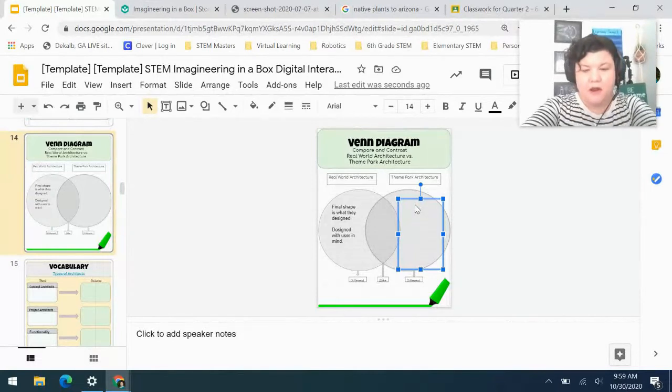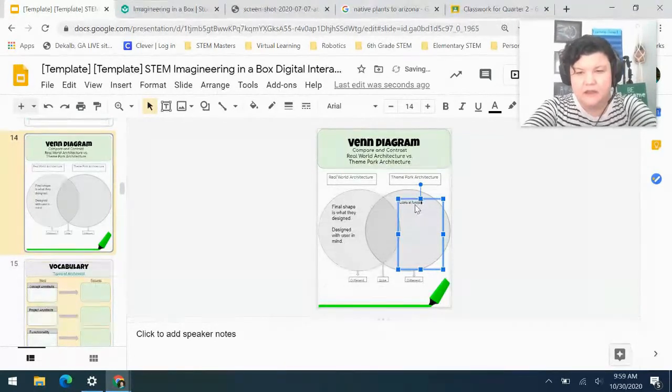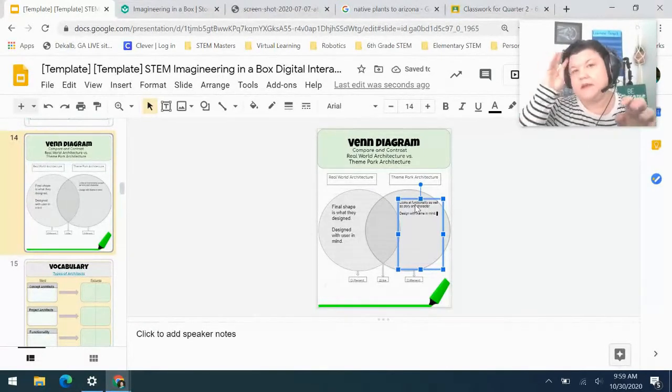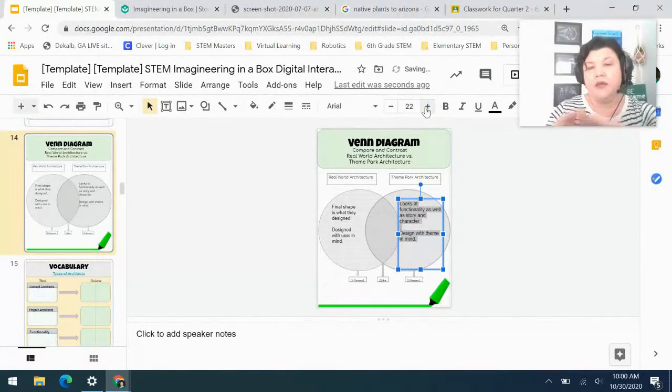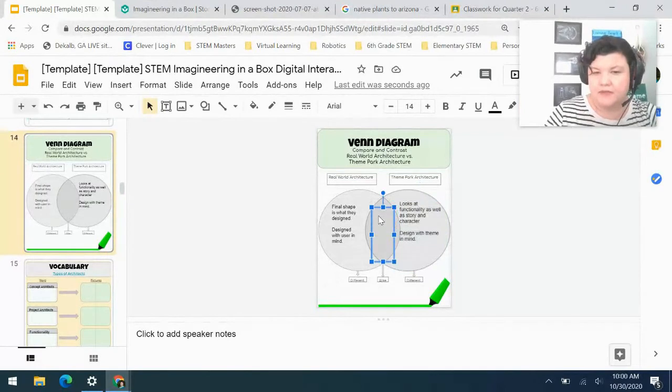So a theme park architect looks at functionality as well as story and character. Theme park architects design with theme in mind at all times. If it doesn't fit the theme, chances are it does not go into the final outside design that you see. And something that they have in common is that they all build